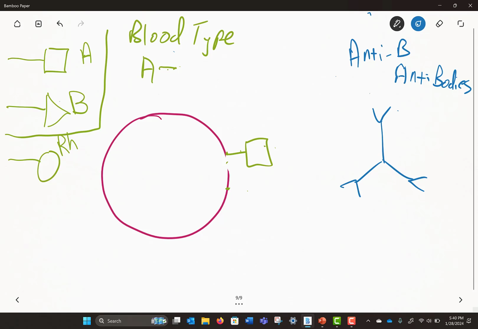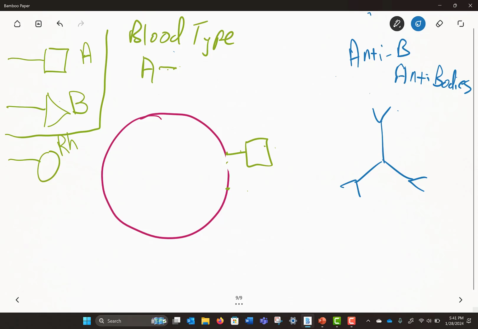When someone is Rh negative, they are not born with anti-Rh antibodies. There's a different mechanism here. So blood type A negative has A antigens on their red blood cells and anti-B antibodies in their plasma. But they are not born with anti-Rh antibodies, and they could potentially live their entire life without making any anti-Rh